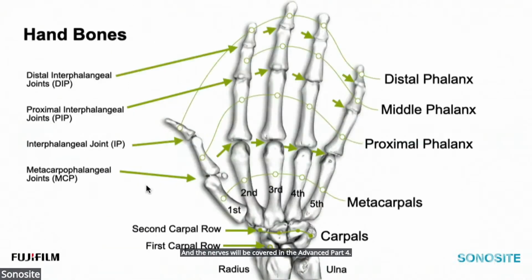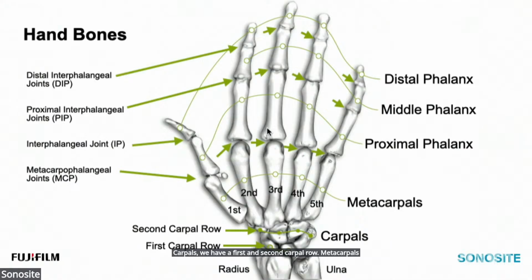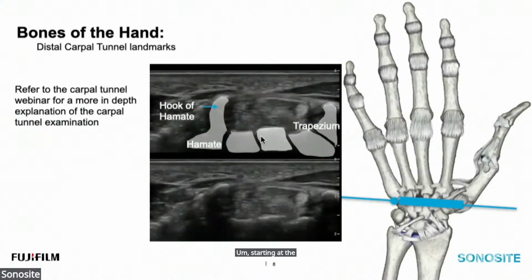Bones of the volar hand are very similar, so I just kept the same graphic. We do have the same distal radius and ulna. Carpals, we have a first and second carpal row. Metacarpals didn't change, neither did the rest of the carpals. So we're just going to keep going here. Starting at the wrist crease, a little bit after or distal to the wrist crease,